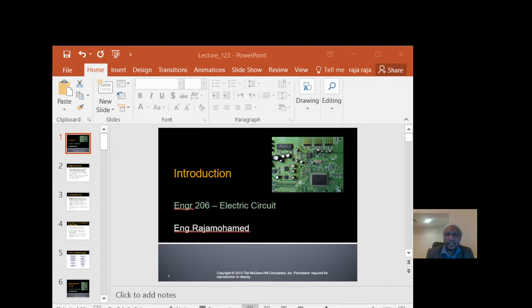Today's class is about the basic information about the course and why you want to study this course as an engineer, and what are the basic concepts, theorems and laws in electrical engineering and the basic components. Nowadays, every house uses electric and electronic circuits, even the TV and tape recorder. More than 60-70% of houses are occupied with electronic components, laptops and everything.